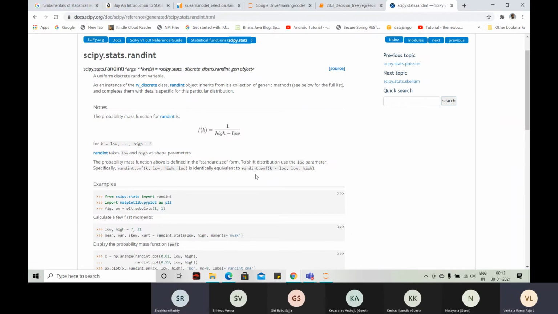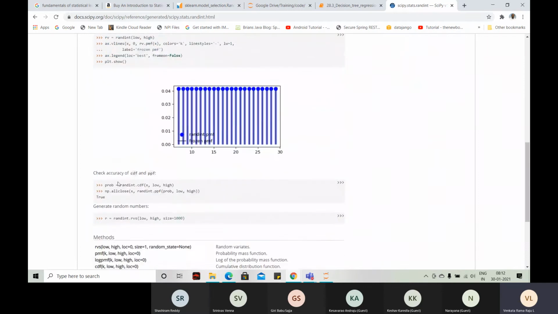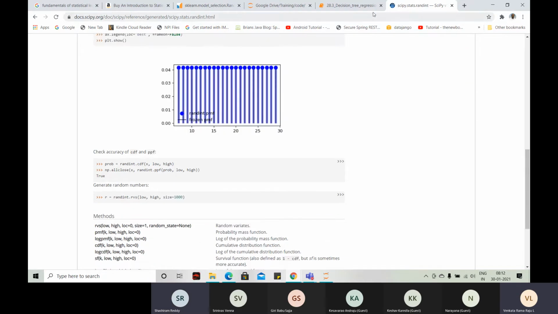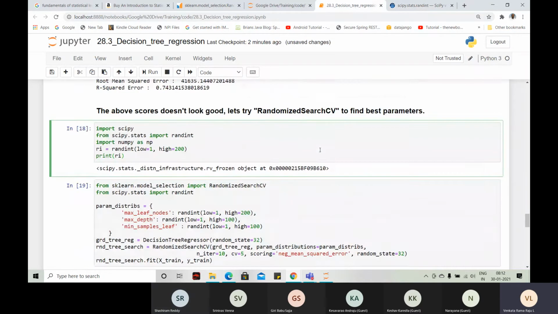PMF, probability mass function or probability density function, right? Probability mass function. Okay, we'll see that later. Okay, leave it. Okay, so here,